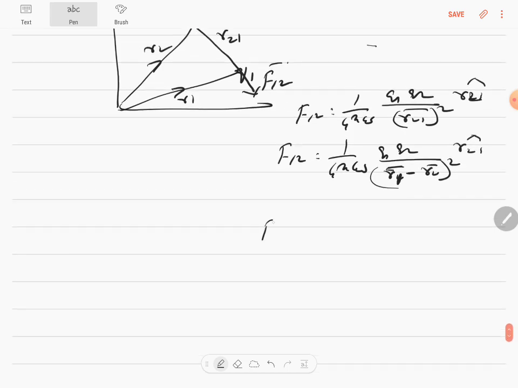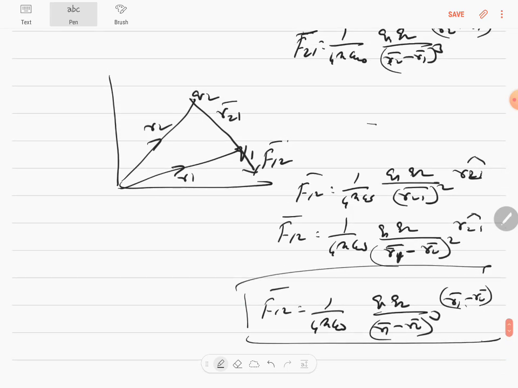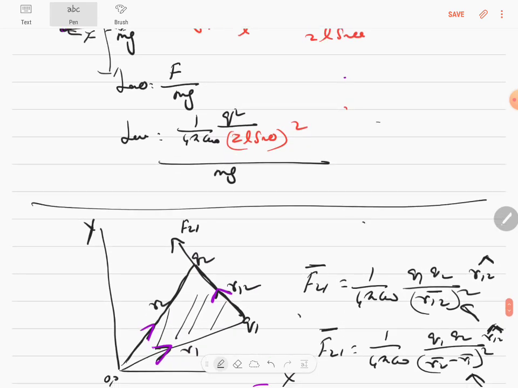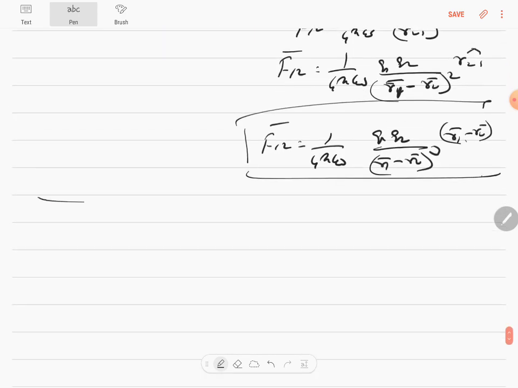Different ways of writing, by multiplying and dividing by r1 vector minus r2 vector the whole cube into r1 vector minus r2 vector. You can multiply and divide, thus you get this. So this is the way we represent Coulomb's law in vector form. But it's never been asked anyway. Okay, then next is